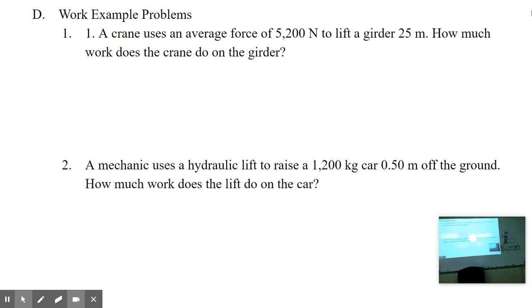Okay. Let's do a couple practice problems here. So a crane uses an average force of 5,200 newtons to lift a girder 25 meters high. How much work does the crane do on the girder? Now,